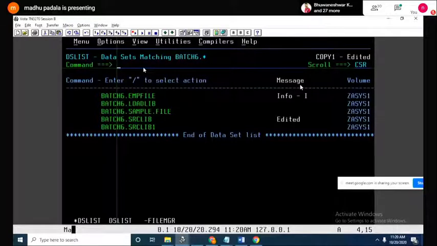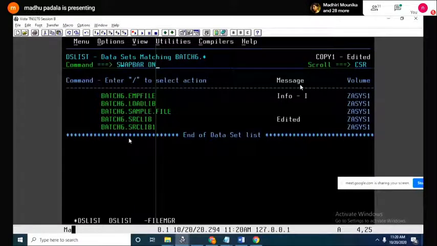Yeah, go ahead. Someone is asking a question. Sir, can we know how many screens are open in your device? In my device, there is a command called swap bar on, or else swap bar off.